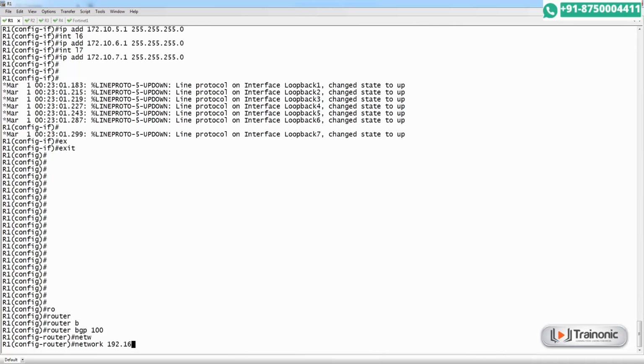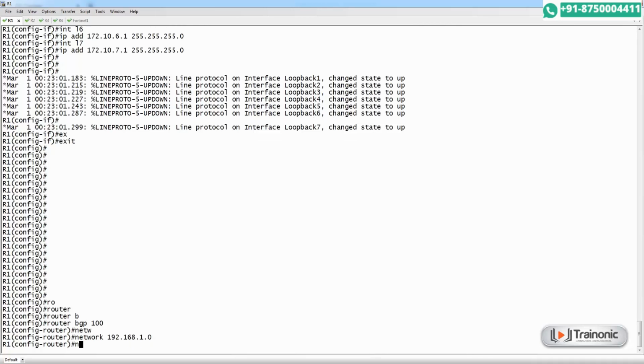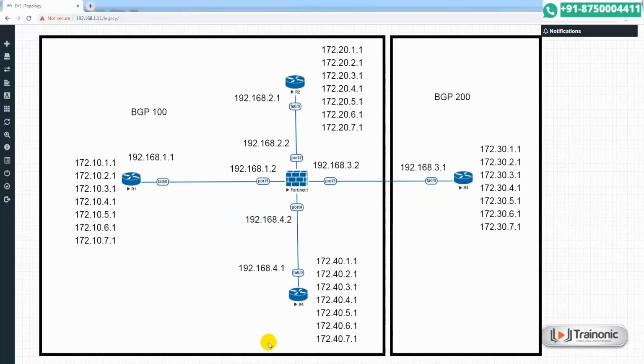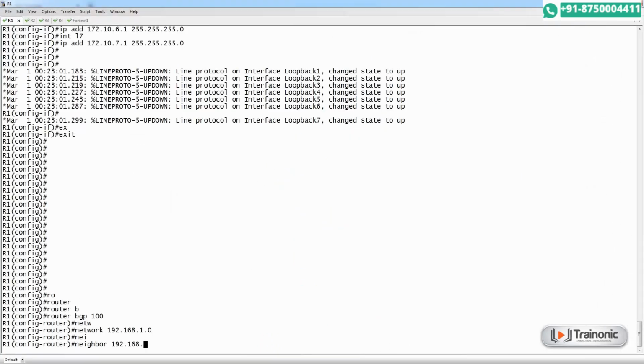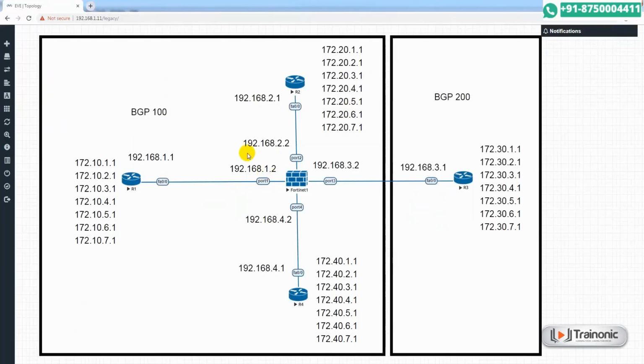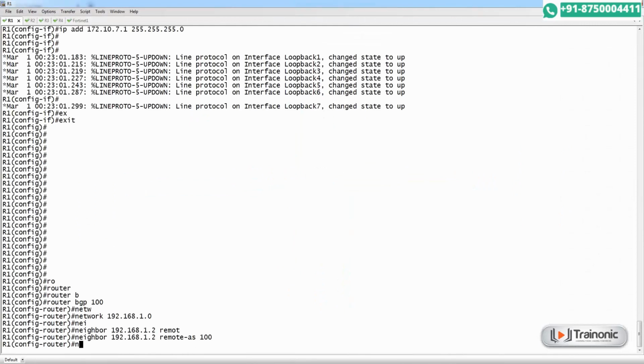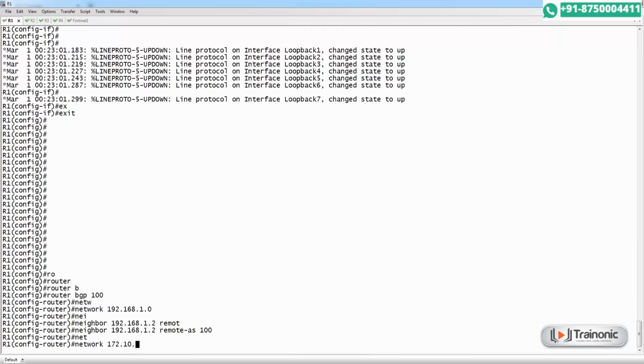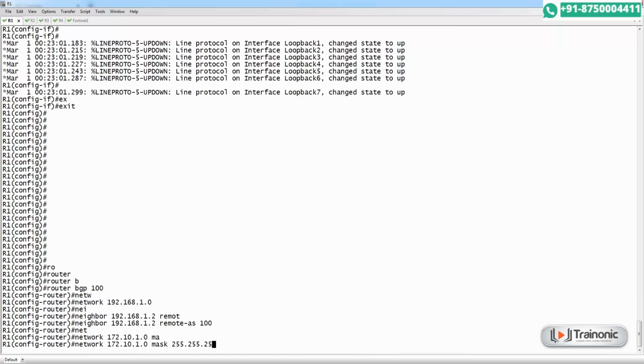Go to R1. Put command router BGP AS number 100. Network is here 192.168.1.0. Then its neighbor is 192.168.1.2, which remote autonomous system number is 100.